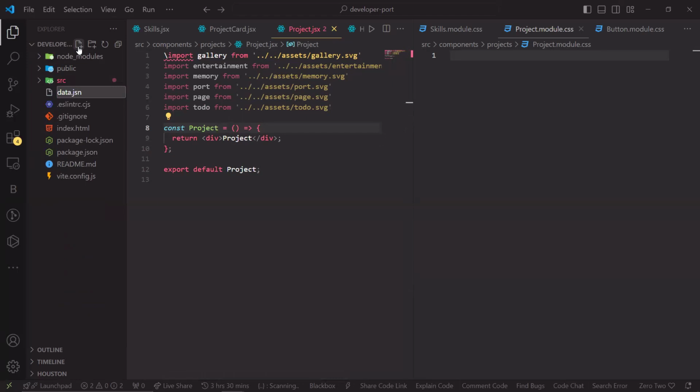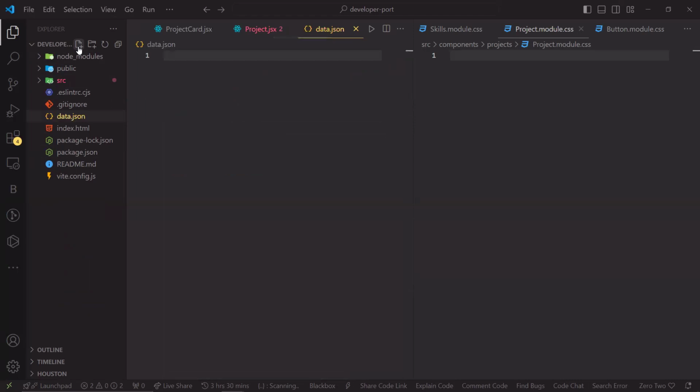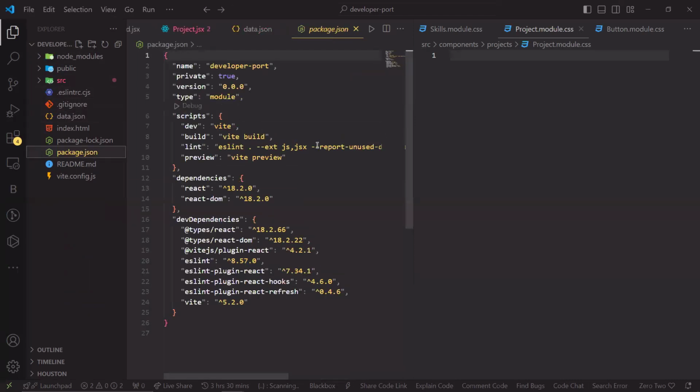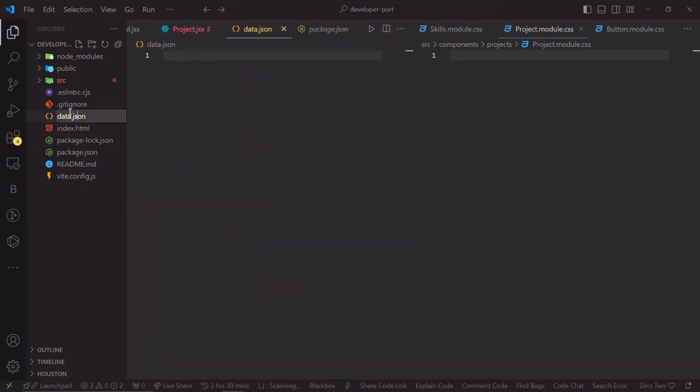data.json. A JSON file is more or less like a data file. If you note, we have package.json, and if you see how our files are being stated here, you have an object and you have this particular key and the values. This is how a JSON file looks. To spice it up, let's just put JS here. So we have data.js, and in our data.js, let's put const project data